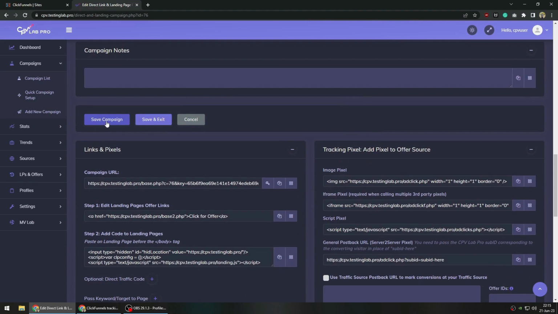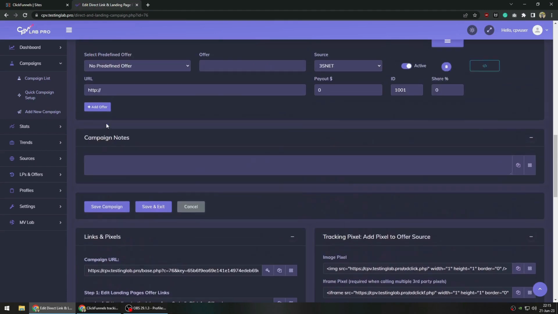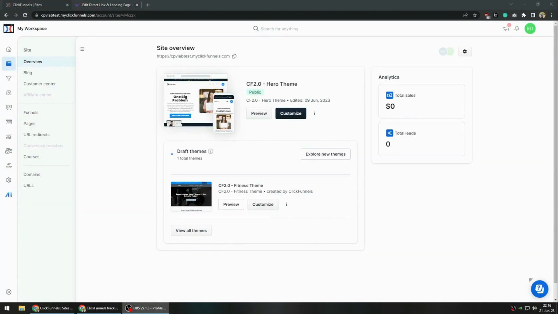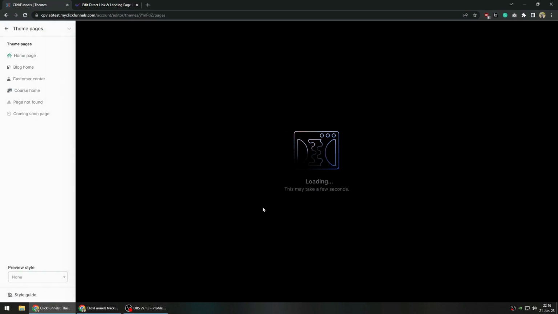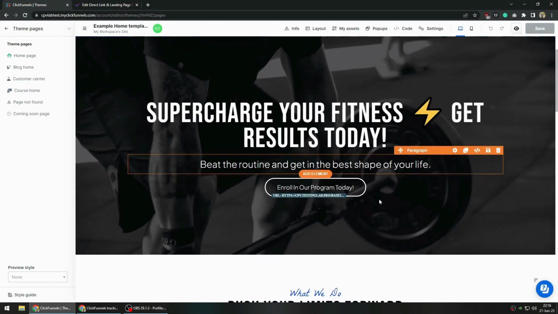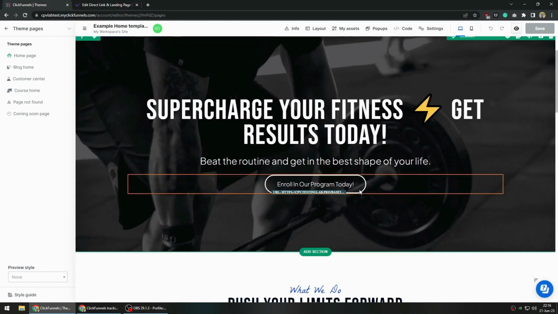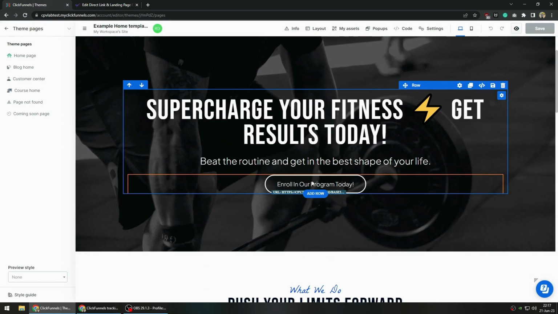Now we're going to edit our Clickfunnels page to make sure all the buttons will redirect to our offers and are tracked correctly. Go to your Clickfunnels account and go to the Site menu and click on the Overview tab in the left-hand column and click on the Customize button. Edit all the buttons that redirect to your offer by clicking them, and then in the right-hand column, go to the Action button section,